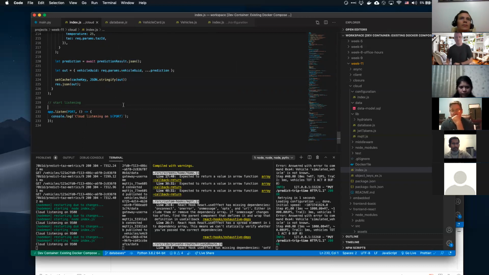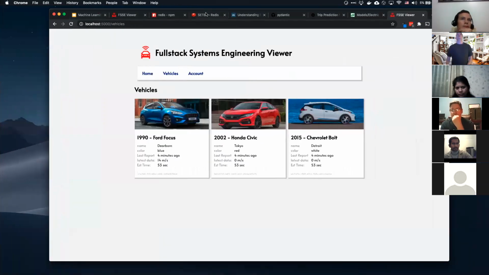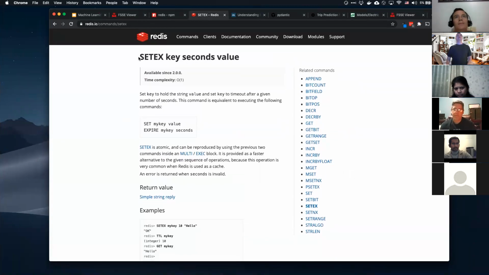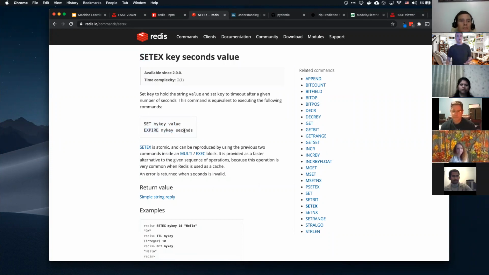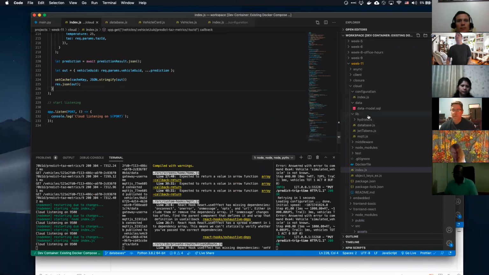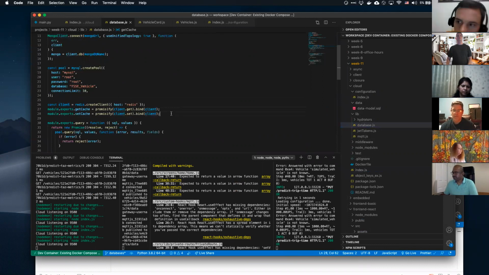But what I didn't do is set the TTL on that. And that's because I need another command in Redis that we have not implemented yet. So let's go over to here. We actually need to use setX. What setX does is it sets the value just like this, but then it expires. It gives a command to expire the key after a certain amount of time. So we're going to need to do a little bit more surgery here to get this thing to work out for us. We're going to go back to our database file here in lib,